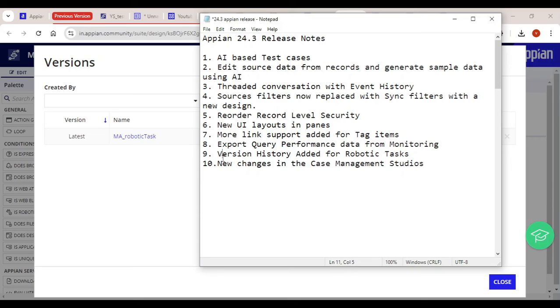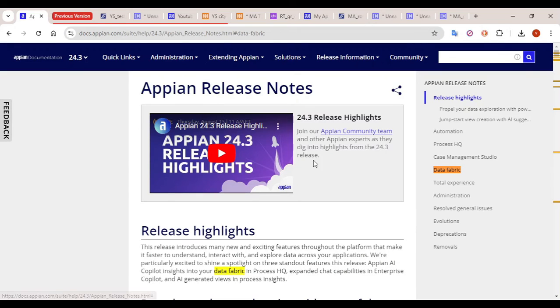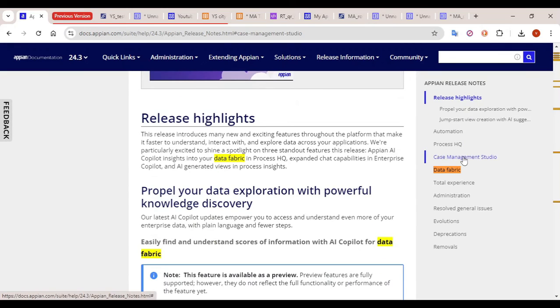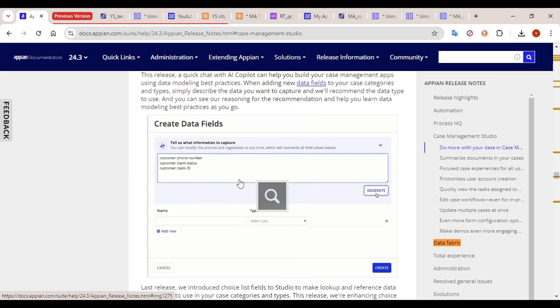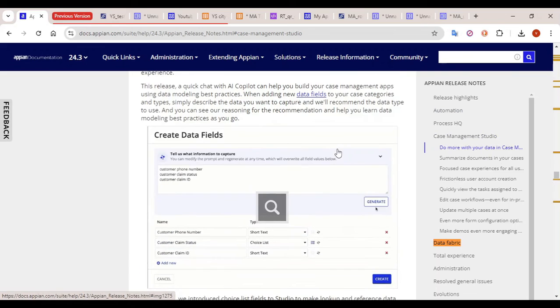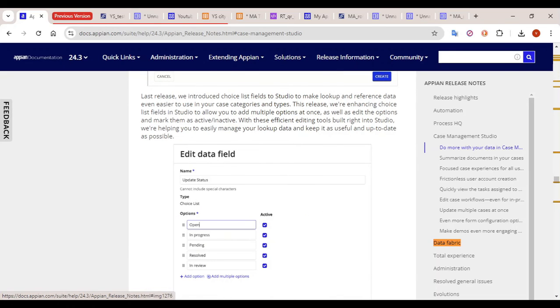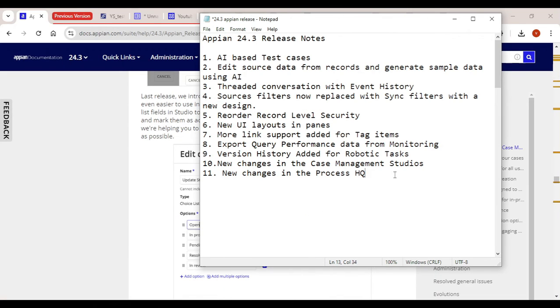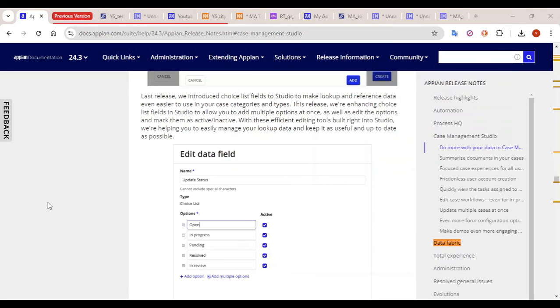Let's move on to the next part, that is new changes introduced in the case management studio. We won't be able to see case management because it is not accessible in the community, but you can go through the new AI features they have added to their own application. Apart from this, new changes have been added in Process HQ as well.